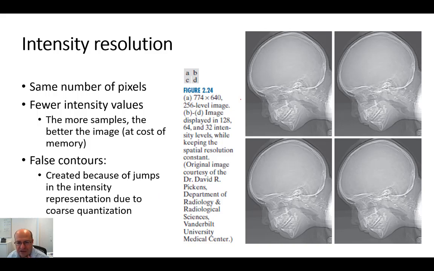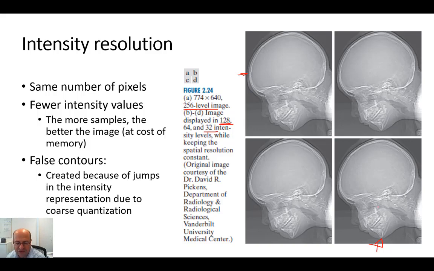So for instance, this is a 256 level image, which is pretty detailed. And this is an image with not a lot of resources as this one, but you see that given the number of details that I have in this image, changing from 256 to 128 didn't change much. But if you take, for instance, this image that is being constructed with 32 intensity levels only,